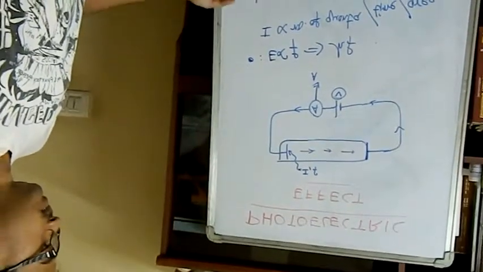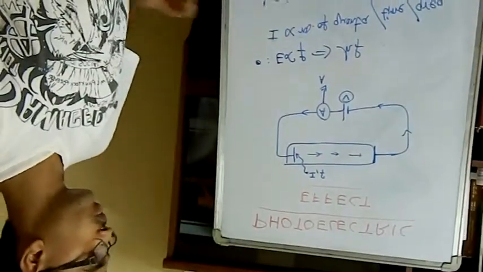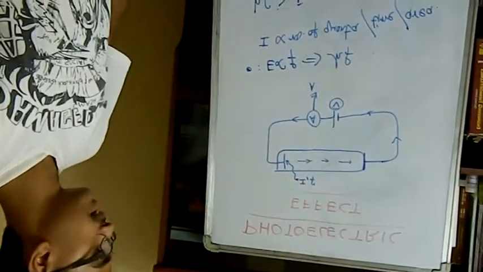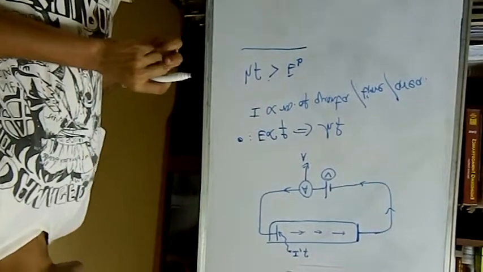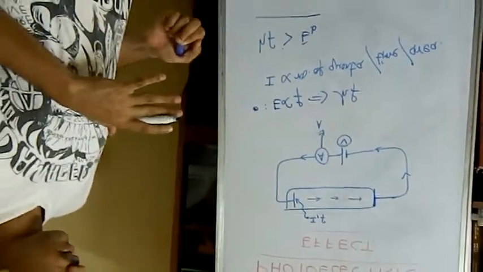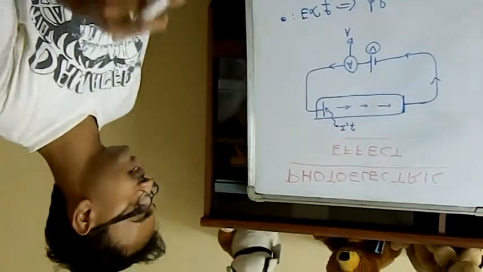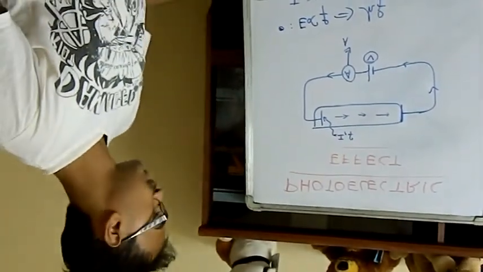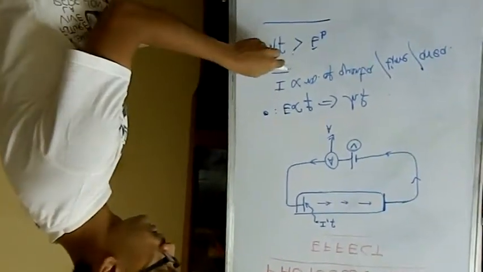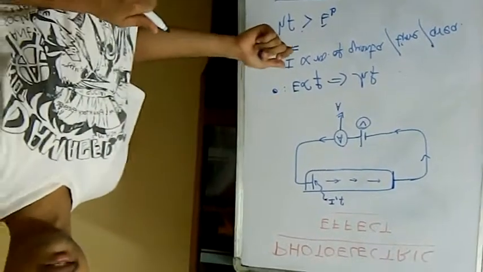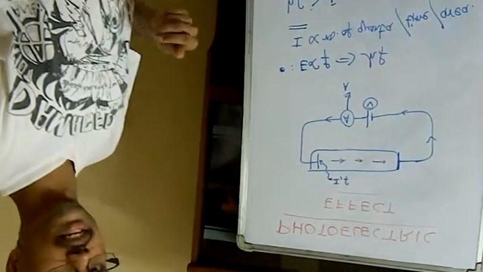For a particular intensity, there are a certain number of quanta per unit area per unit time incident on the metal plate. The number of electrons cannot exceed the number of quanta that are falling on the metal plate. So the saturation photocurrent is dependent only on the number of quanta, that is proportional to the intensity of the radiation.